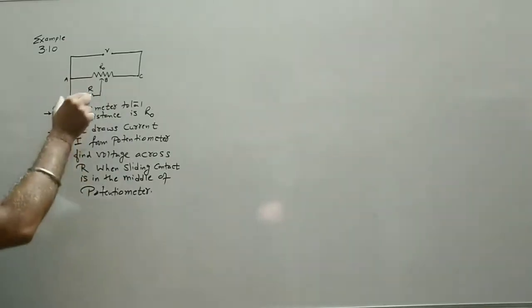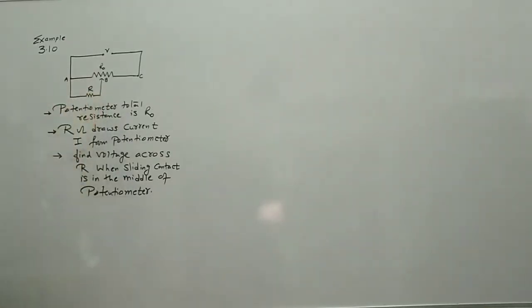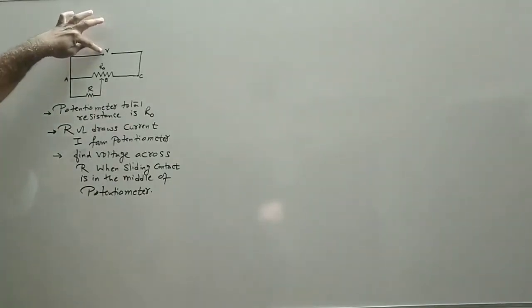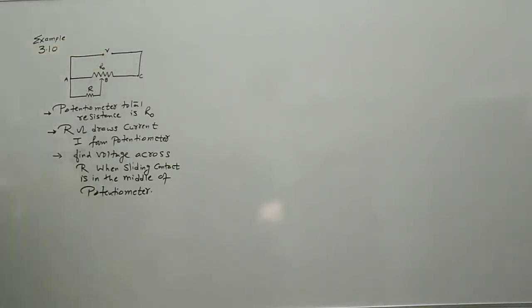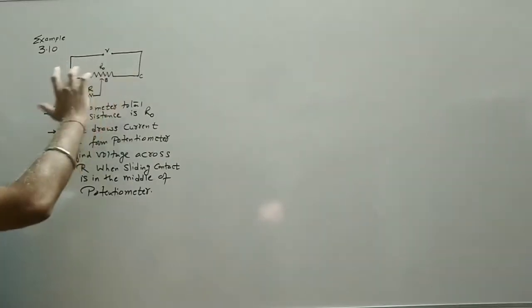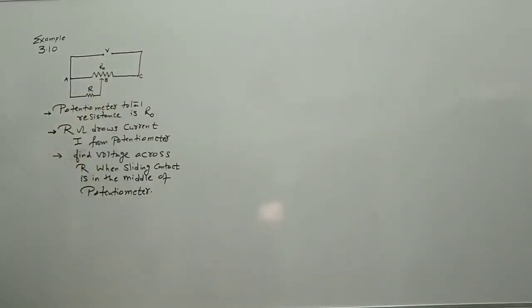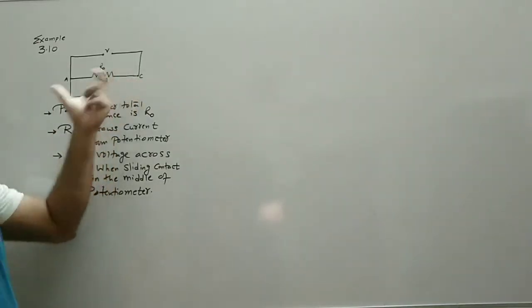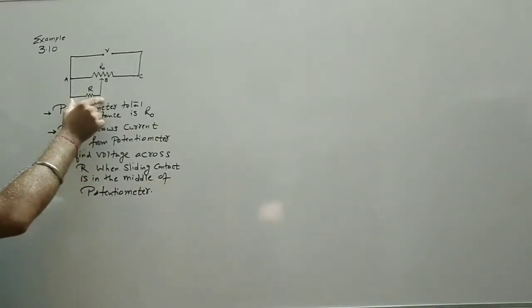So if I know the current flowing through this R, because when the current comes out from this driver battery, this current will be divided at the junction A. Some of the current will flow through R naught, some current will enter R. So there are two different methods through which we can solve this numerical. If I can find out the current through R, then I can apply Ohm's law.